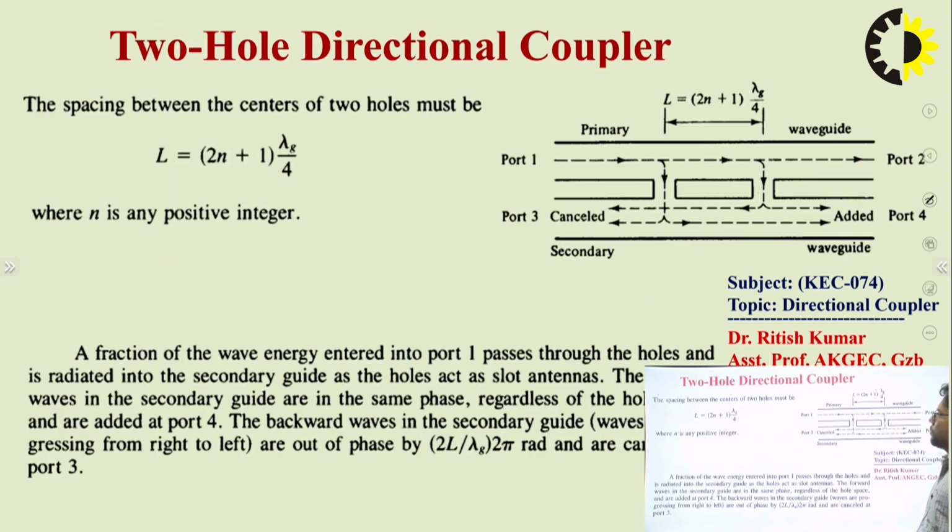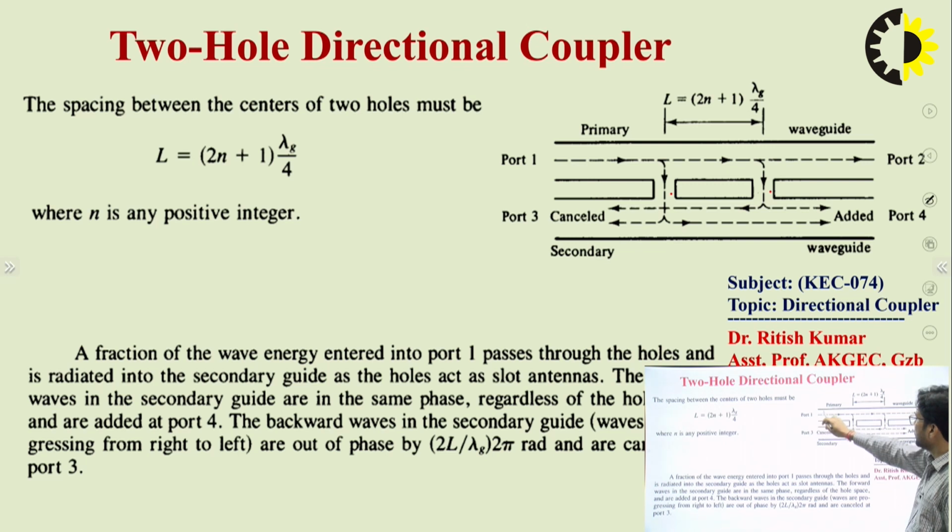Two-hole directional coupler. This is a diagram for a two-hole directional coupler. You can observe here there are hole number 1 and hole number 2, and the distance between the two holes is exactly equal to lambda g by 4, represented as (2n plus 1) lambda g by 4. If you consider n equal to 0, then you will have L equal to lambda g by 4. This should be the quarter wavelength distance. Why? Because